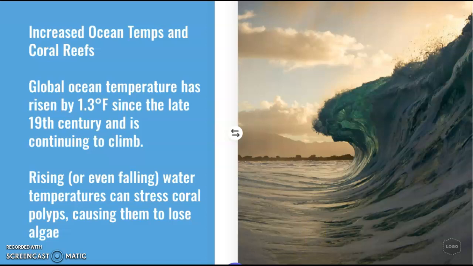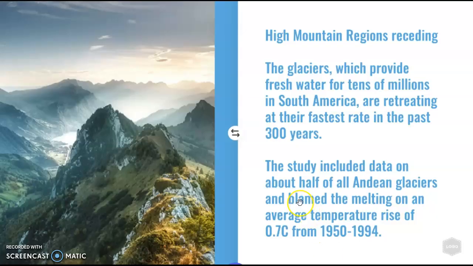Now for how climate change is affecting landscape regionally, in countries and continents. I have two examples of this on a regional scale. One, the mountain regions of India and South America are a great example because they're all receding. High mountain regions are receding. Almost all the world's mountain or alpine glaciers are receding, a trend that is likely to continue in the years ahead.